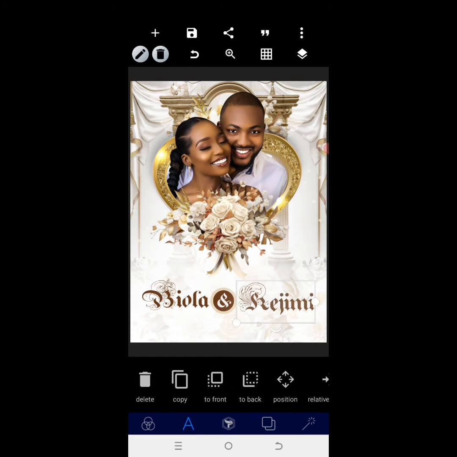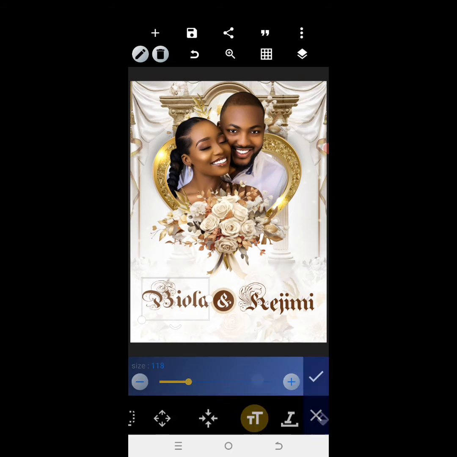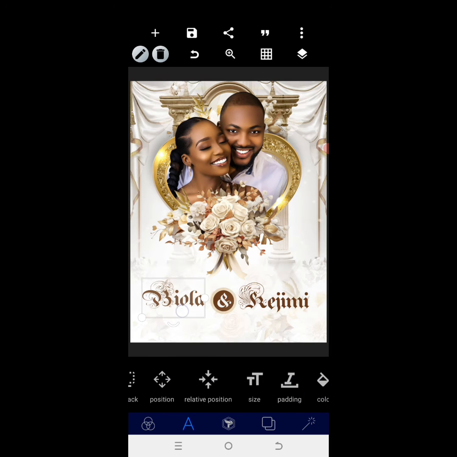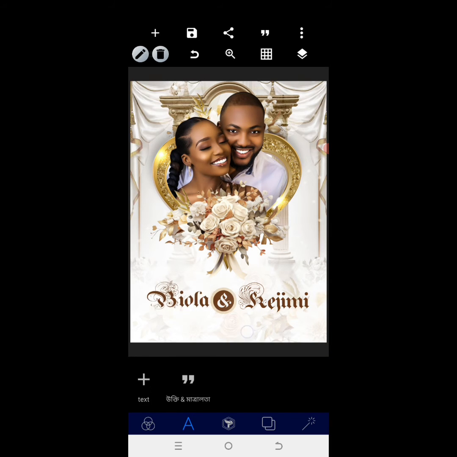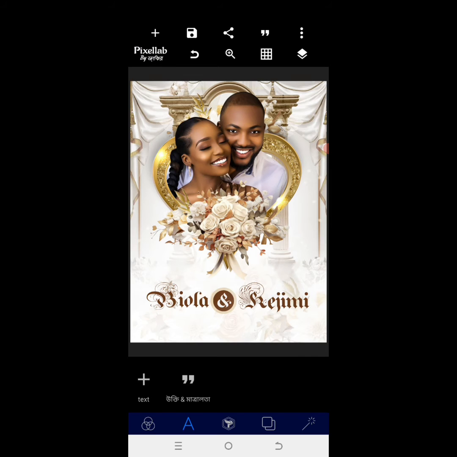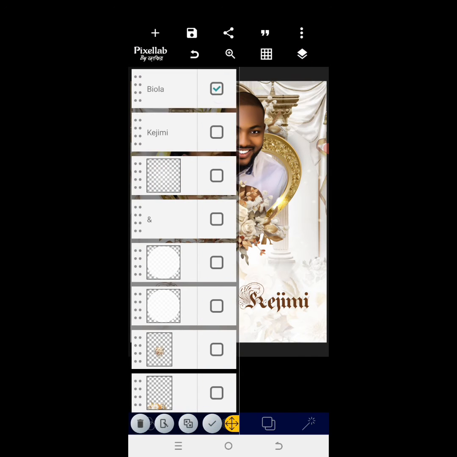So the next thing we need to do at this junction is to bring this one to the front. While I bring this to the front as well, I have to reduce this font a little bit to 110, while this will be reduced to 110 as well. Then after that, I can manually adjust the two, while this will be adjusted as well. So after adjusting it, just merge the three together,